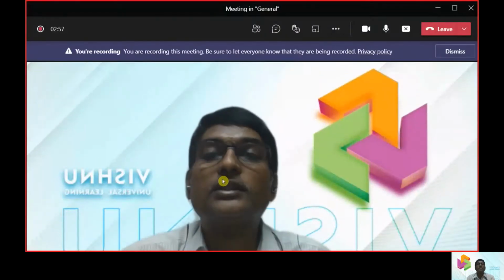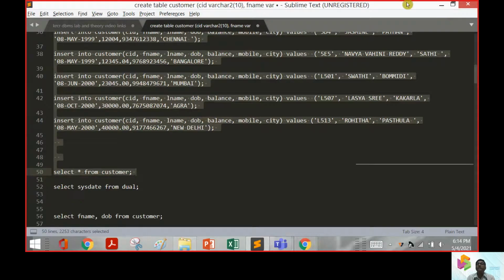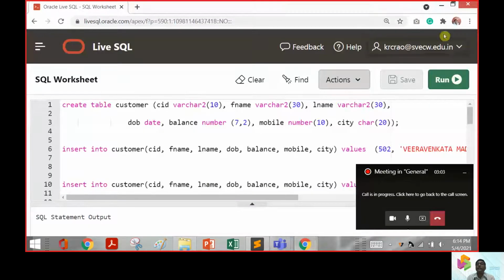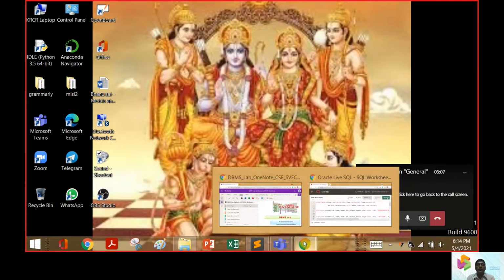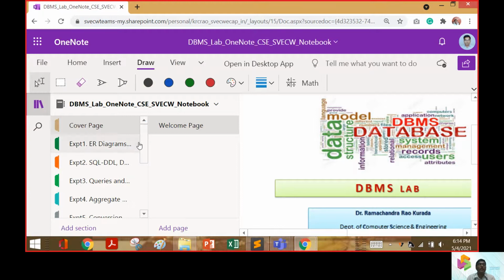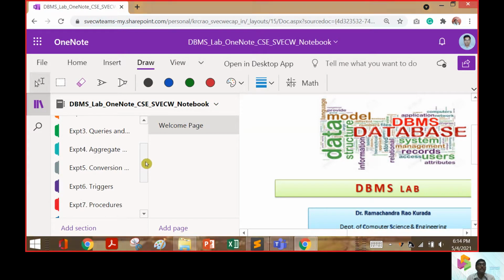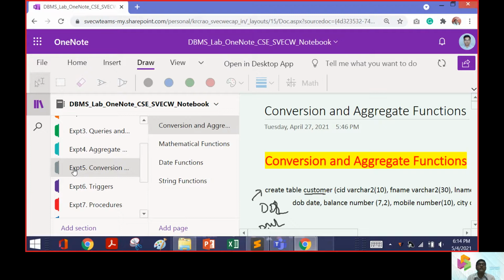So in this exercise 5, we will look at aggregation and conversion mechanisms. As part of this exercise, we have already discussed conversion functions and aggregate functions.